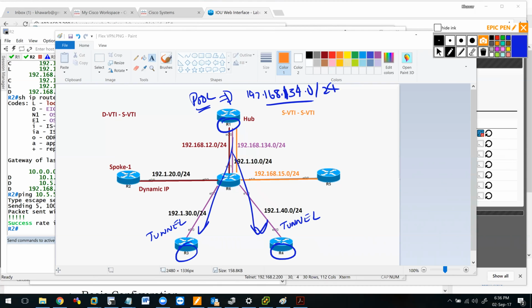All right. So the first thing that I need to do, if I want to do something like that, I need to create what is known as an authorization policy for this. This is your NHRP tunnel that I'm creating. Okay. This is done only on the